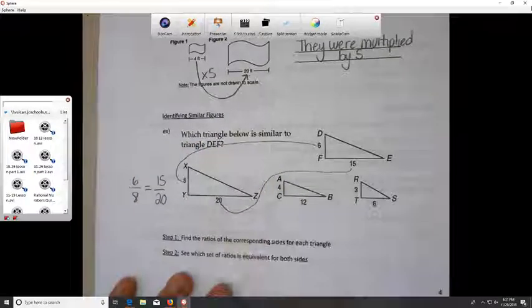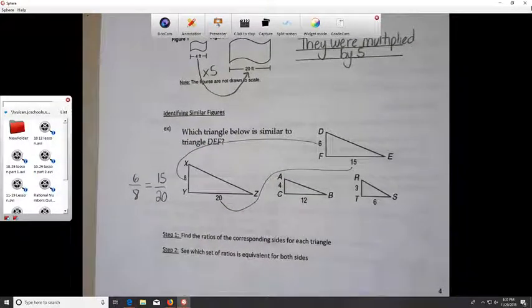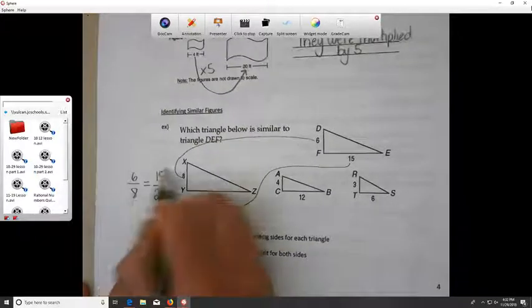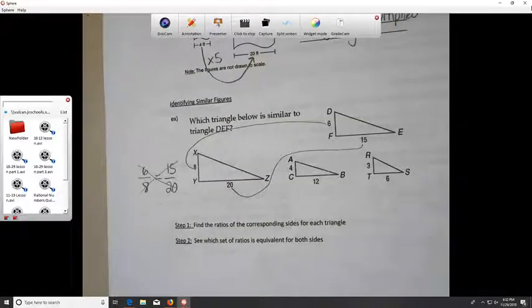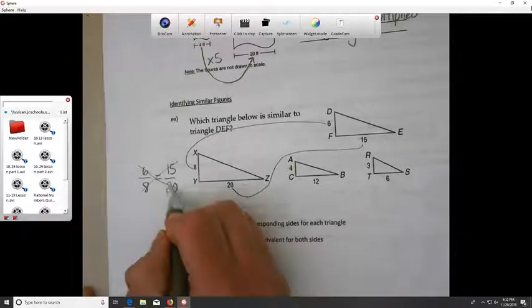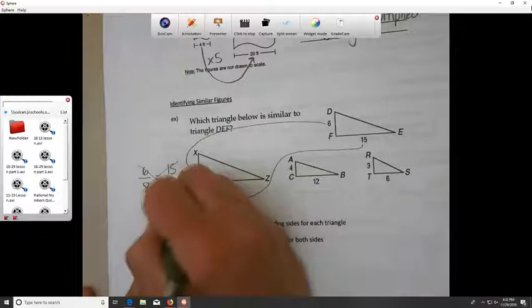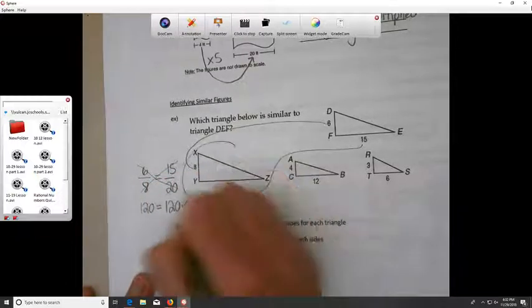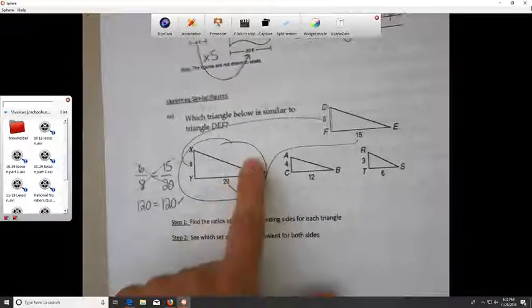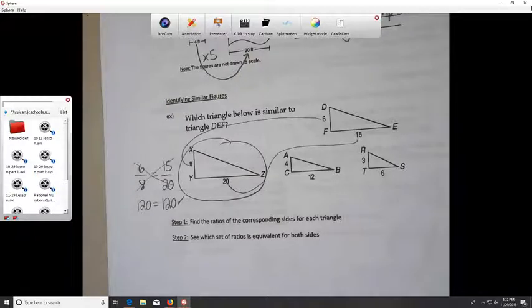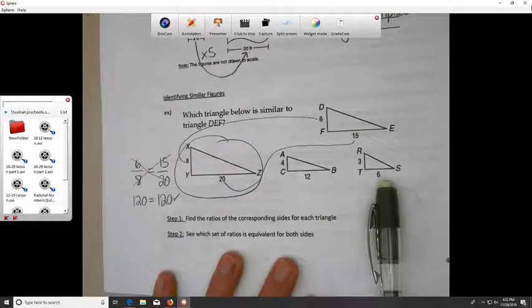There's a bunch of different ways that you can see if this is a true proportion. One way is cross multiply and see if you get the same thing. So 6 times 20 is 120. 8 times 15 is also 120. So this is a similar triangle. That is a true proportion. If I tried that out with these ones, it wouldn't. So I would have